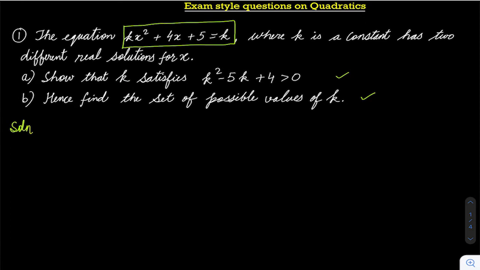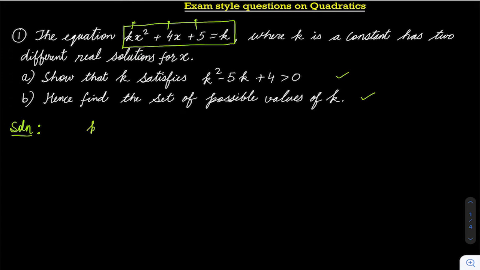So first thing is, now the most common mistake, even some of my students do this a lot. Whenever they see this quadratic, they assume that this is a, this is b, this is c, and they apply the discriminant formula, which is wrong. You always have to remember, whenever you are applying the discriminant formula or drawing the graph or anything, one side should be 0, either left or right. Now you can see on the right side you have a value k. So these will not be the correct values of a, b, c.